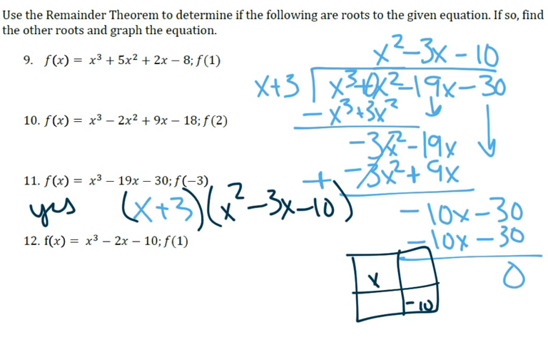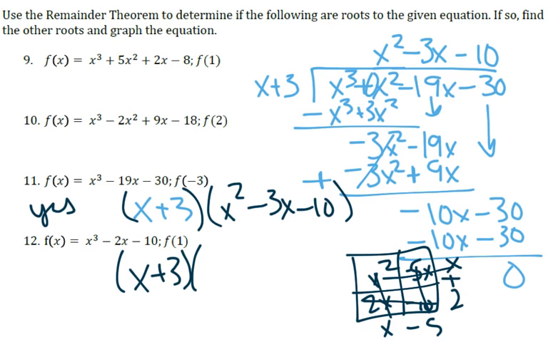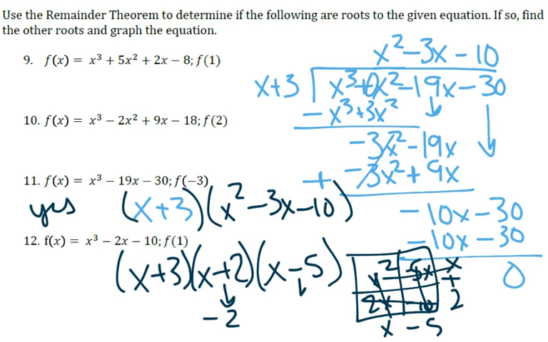x squared, factors of negative 10 that become negative 3, 5 and 2, negative 5x, positive 2x. So x, negative 5, positive 2, and x. So we end up with x plus 3 times x plus 2 times x minus 5. So we've got a negative 2, positive 5,